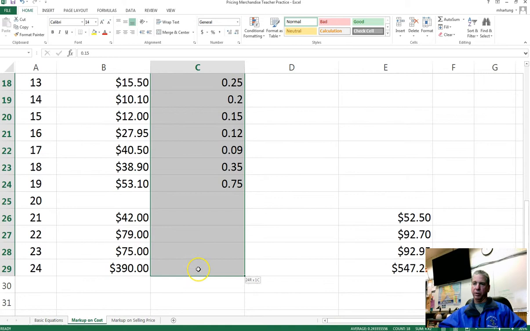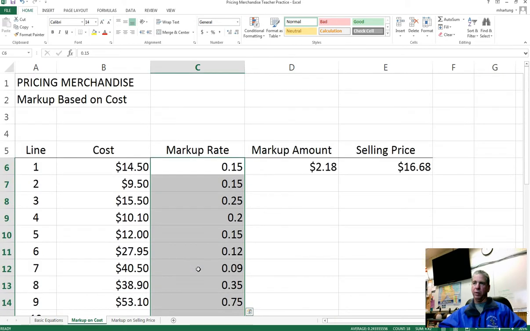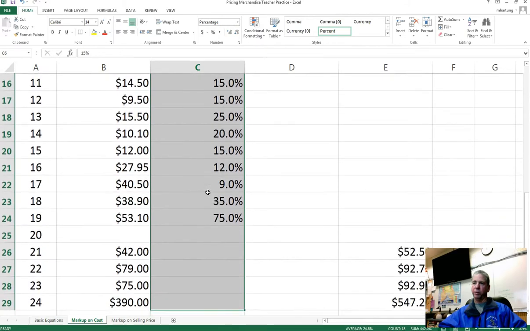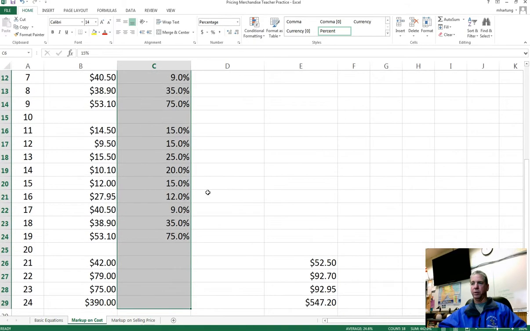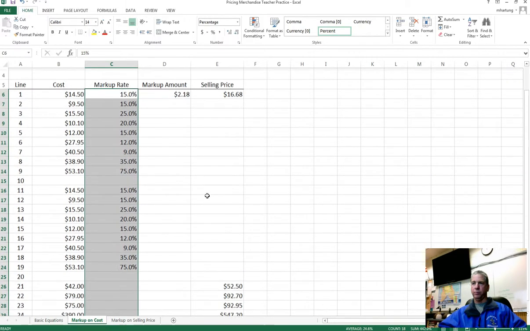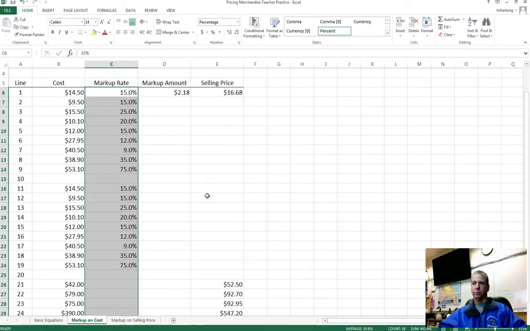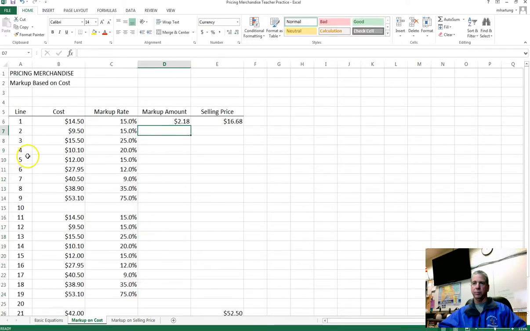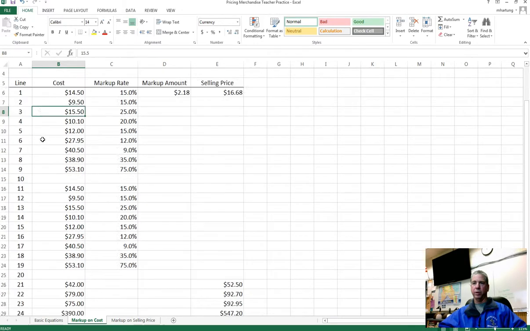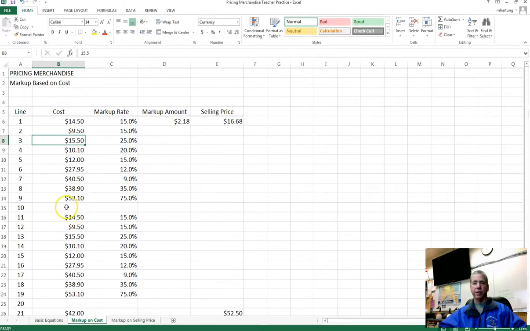in that column and go ahead and make that a percentage. And we want to have 1 decimal place. Let me zoom out and see how that's looking now. And that one's looking pretty good. Ready to go to work on. And we'll go to work on these in the next video as far as filling in these blanks, doing the